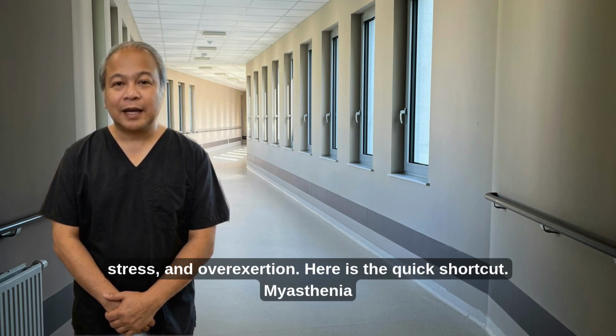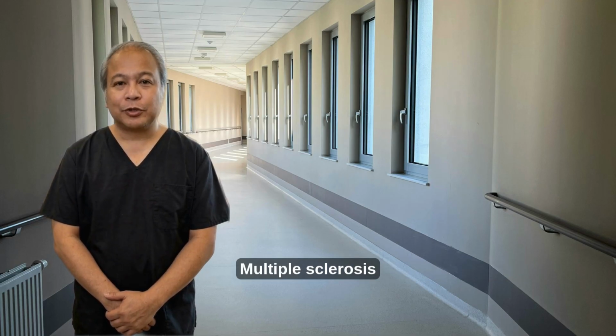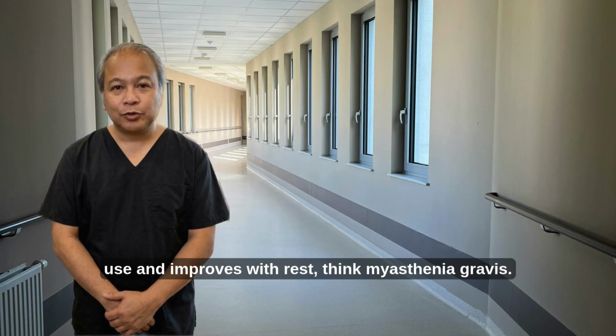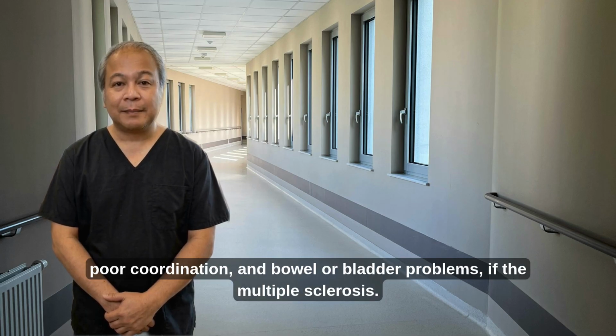Here is the quick shortcut. Myasthenia gravis means the muscles get tired because the receptor is the problem. Multiple sclerosis means the nerve signals get disrupted because the myelin sheath is damaged. So if the question gives you weakness that gets worse with use and improves with rest, think myasthenia gravis. If the question gives you numbness, tingling, vision changes, poor coordination, and bowel or bladder